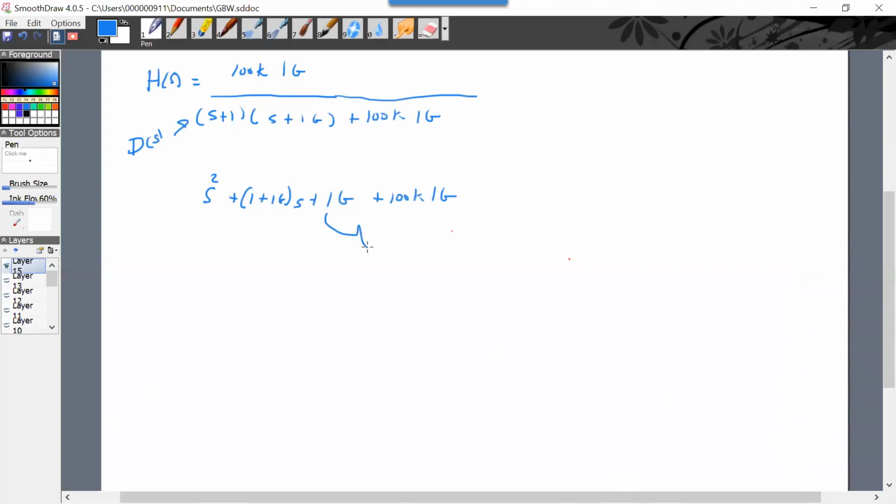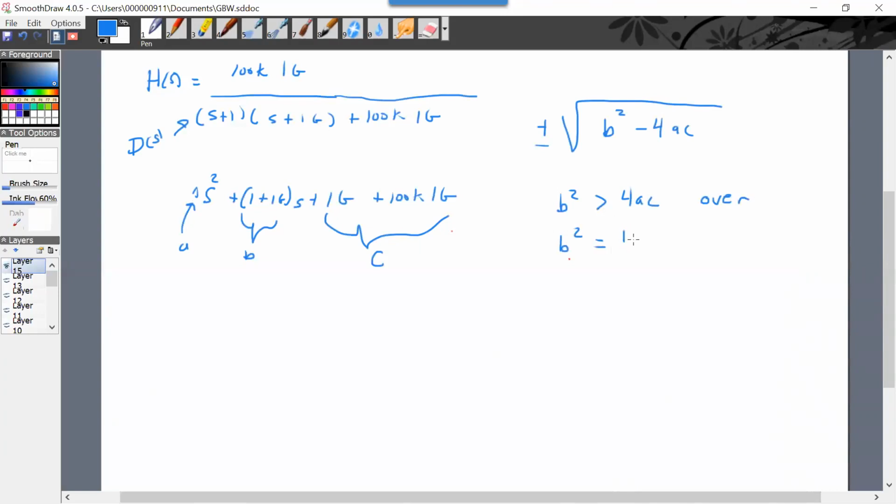And so now that's my C, that's my B, and A is 1. And I don't need the whole quadratic equation, I just need this bit, right? If B squared is greater than 4AC, overdamped. If it's equal to that, critical. Less than, underdamped,